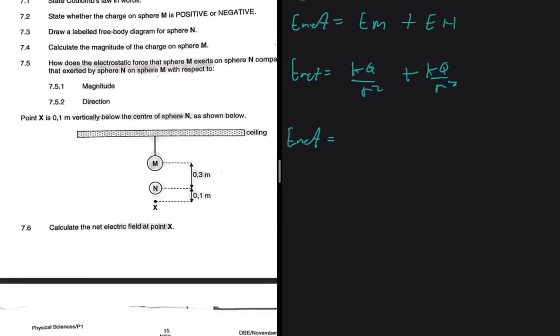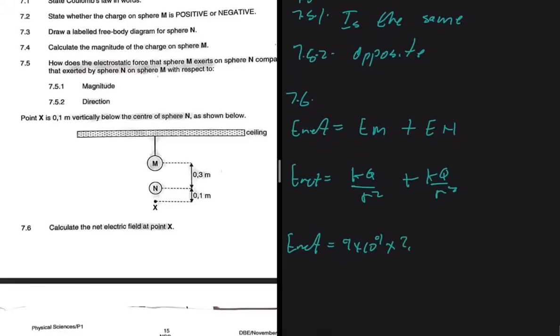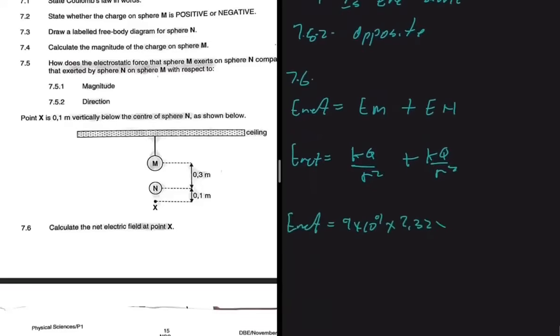K is a constant, that is 9 times 10 to the 9. So what is the magnitude of the charge on sphere M? The magnitude of the charge on sphere M is 2.32 times 10 to the minus 6, divided by the distance between M and X, that is 0.3 plus 0.1